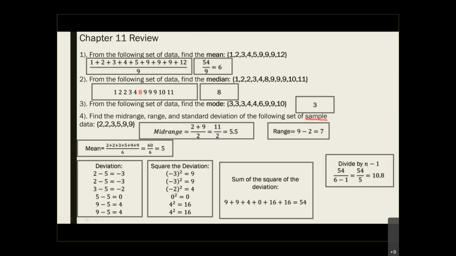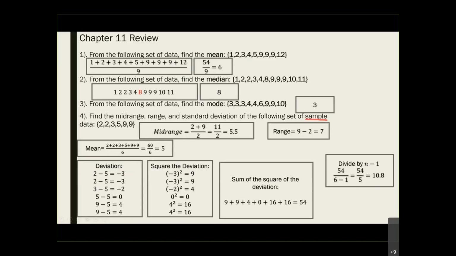We have to divide by n minus 1. If they ask us for population, which is some of the questions on your ALEKS, you need to just divide by n. So make sure on ALEKS, you know when to divide by n and when to divide by n minus 1. In this case, you divide by n minus 1 because they ask us for the sample,